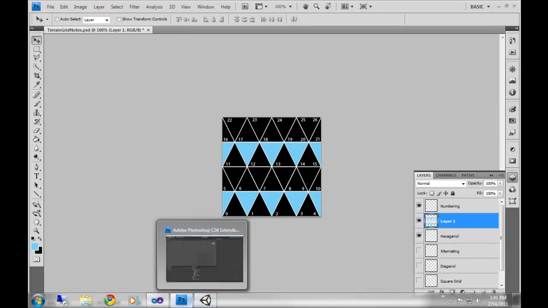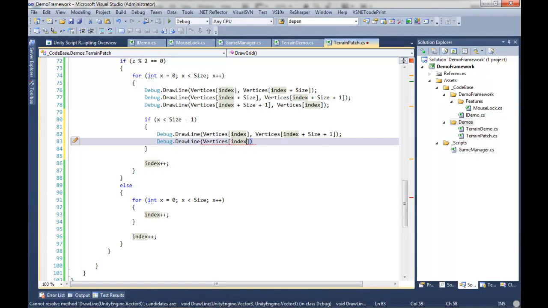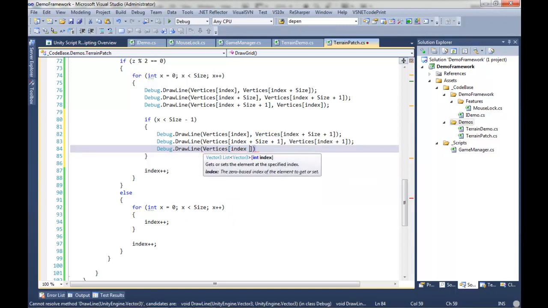And then finally back to index. So we're going to go from here to here, and then the one after that is going to be from here to here. So we need to start off at index plus size plus 1 to index plus 1, draw a line, and then we're going to go from index plus 1